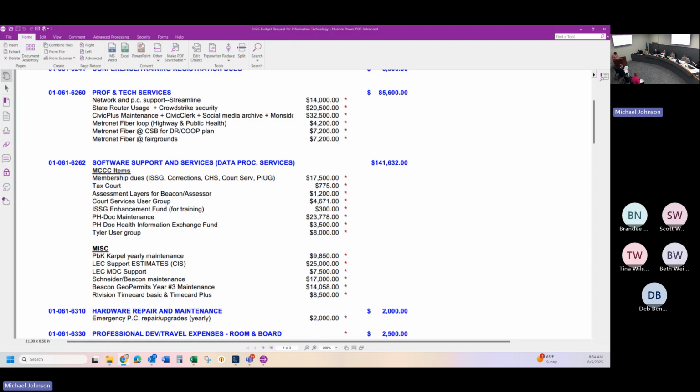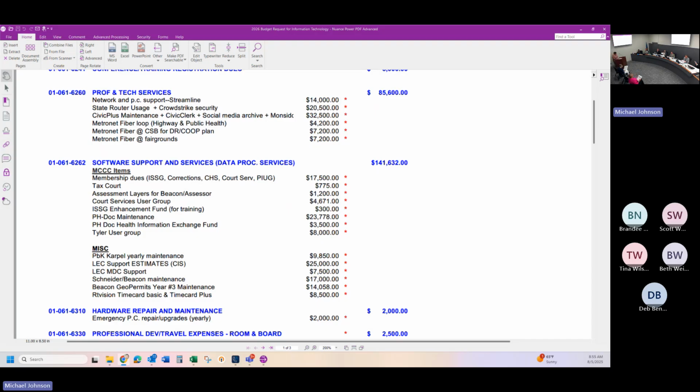And the next line item is software support. Back in the day, what this started out to be was all MCCC support, but it's kind of changed over the years because we're moving less and less under the MCCC software. But the ones that we do support through MCCC is our court services, CSTS, our public health, our Tyler tax,